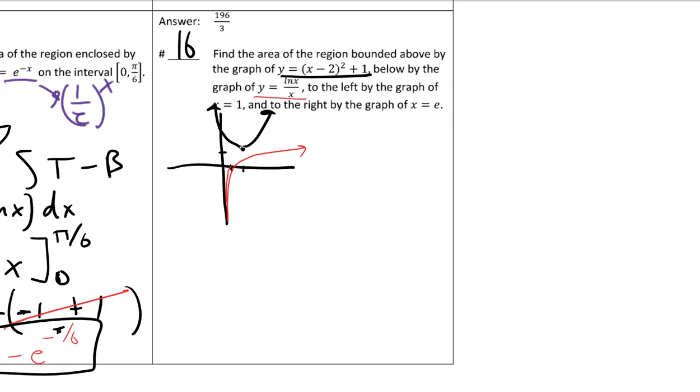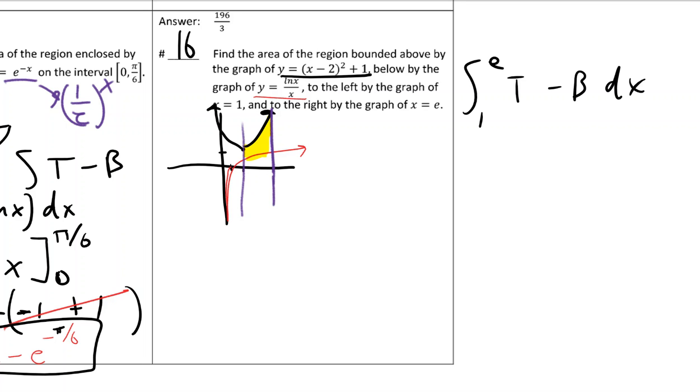And then x equals 1. And then x equals e. So remember, e is about 2.7. So it doesn't have to be a super accurate graph, but enough to see that the parabola is always on top and this natural log function is always on bottom. So I know I can integrate top minus bottom dx